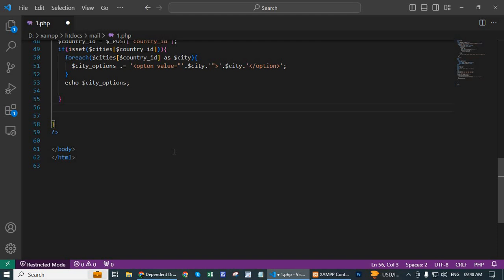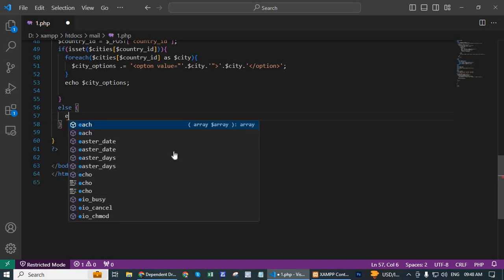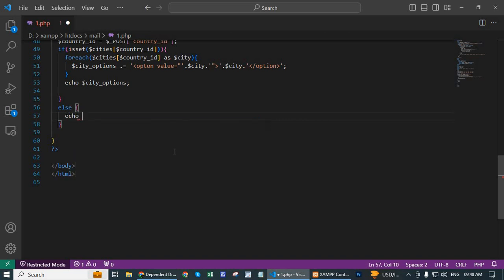Now else, echo, write option tag open, value equal to null, write no cities found and option tag close